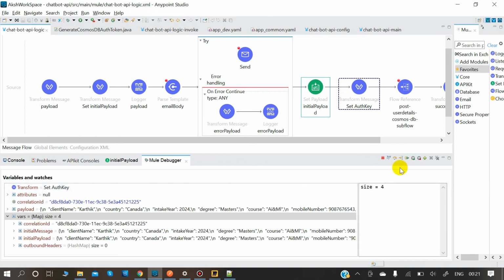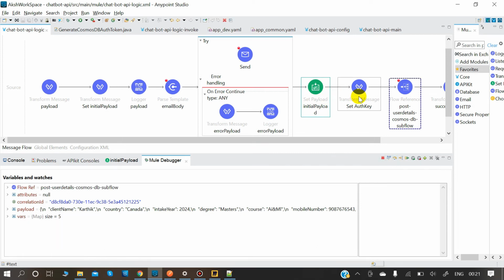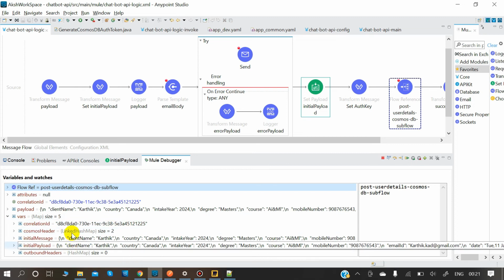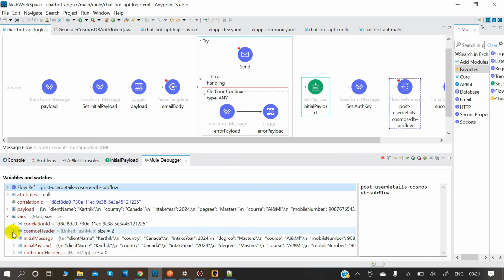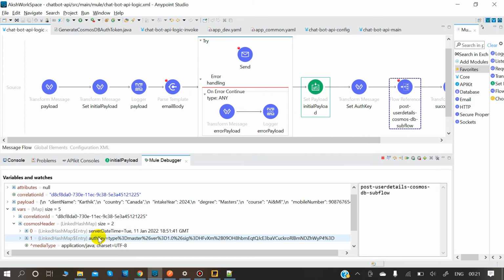Okay, coming to mule debugger, set auth key. So from this auth key, we received Cosmos header. So in this Cosmos header, we all can see that there is a server datetime and auth key that has been generated, right?